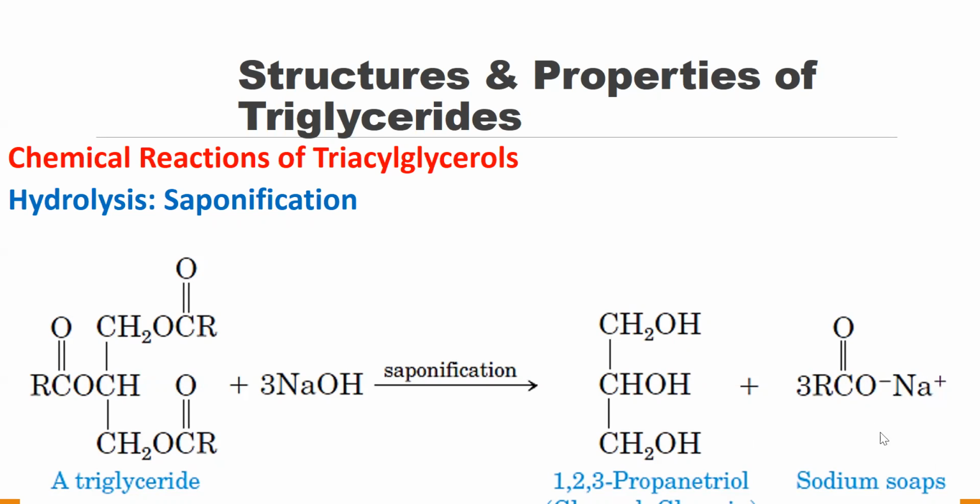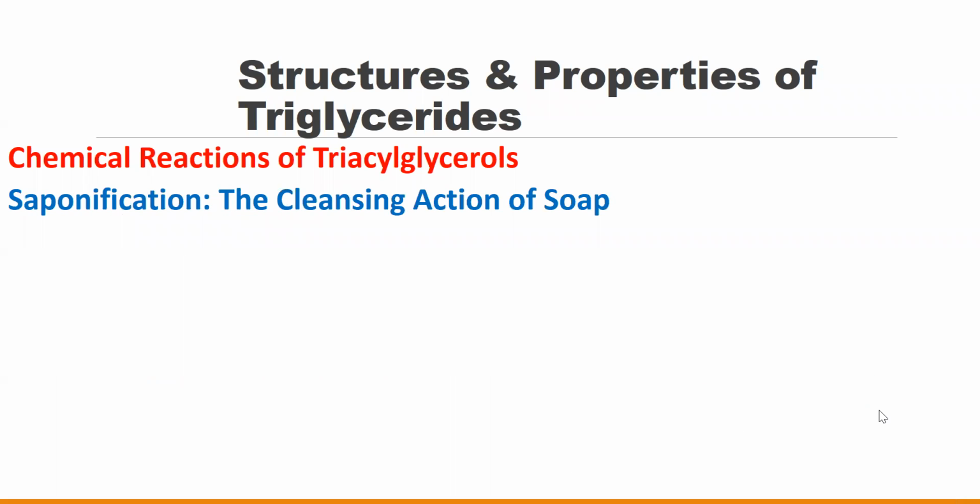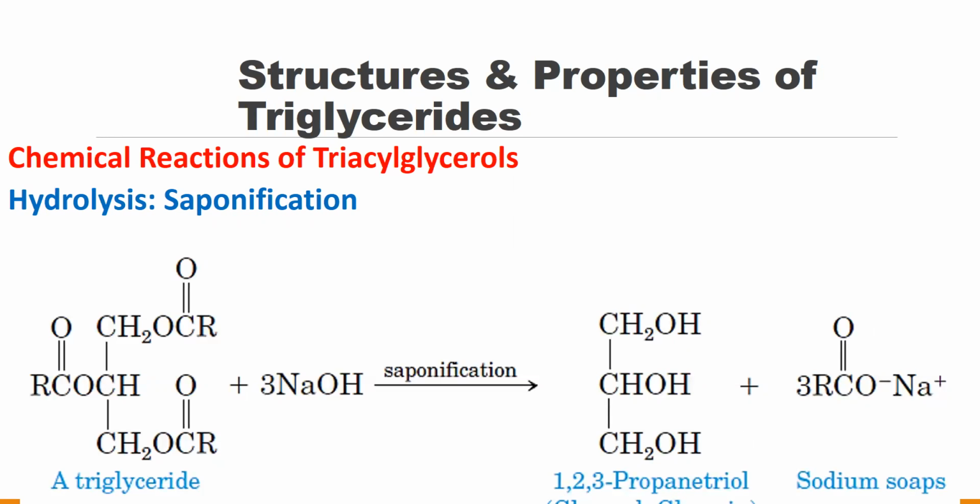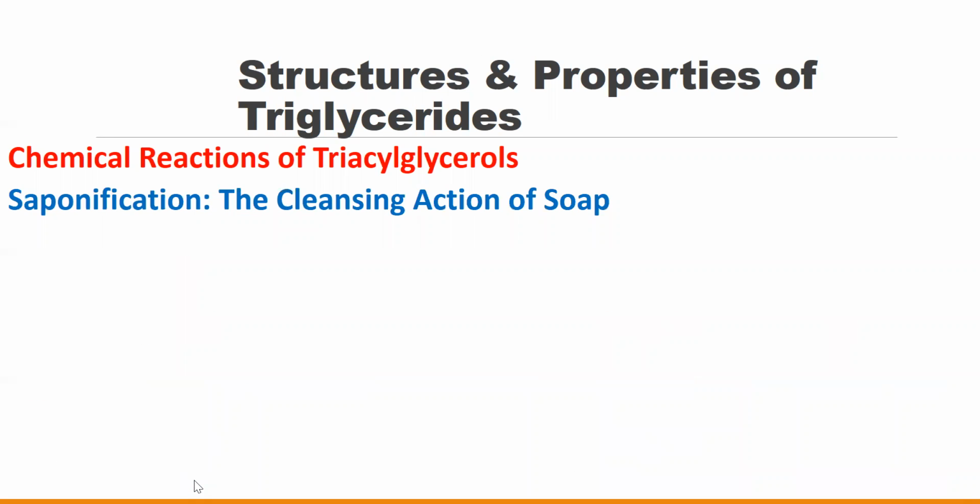For example, you have sodium glutamate, one of the salts that you can find in your ingredients, such as magic sarap and bitsin. Again, these are examples of organic salts. One is your sodium soap, and the R would depend on your source of triglycerides. So the question now is,